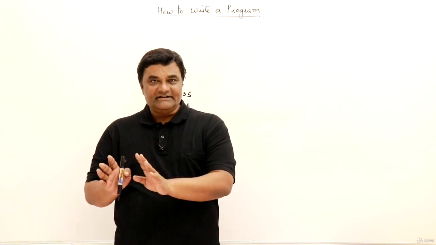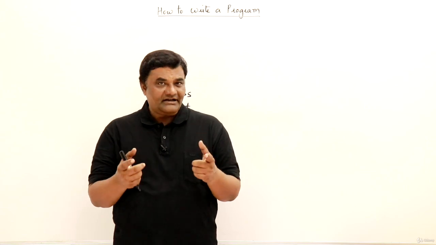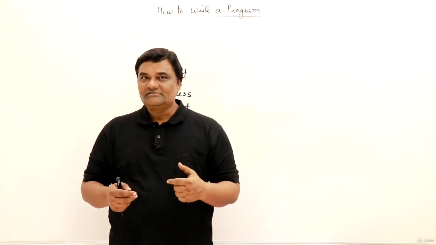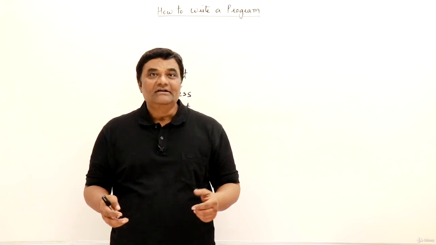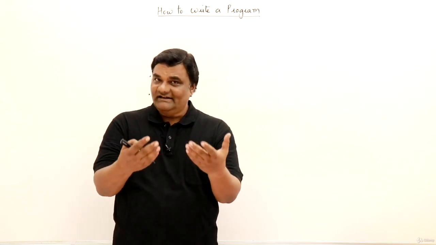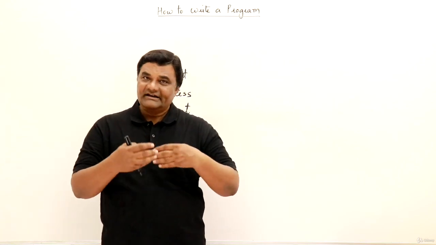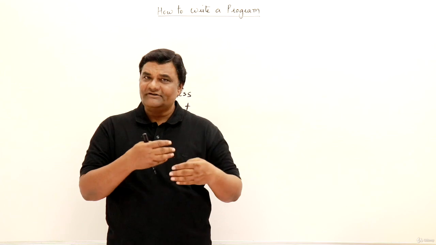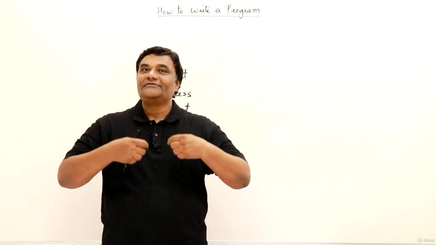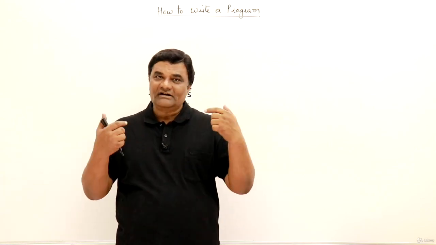Now let us take another example. Suppose I am a program for finding the area of a rectangle and you are the user, you want me to find the area. So for that I should know length and breadth. So let us see how I should work. First of all, I should ask you what is the length and what is the breadth. You will give me length and breadth. I will take and multiply them or whatever the formula is. I will process and I will get the result. Then I will give you the output. Area is so and so. So you are the user, I am the program.